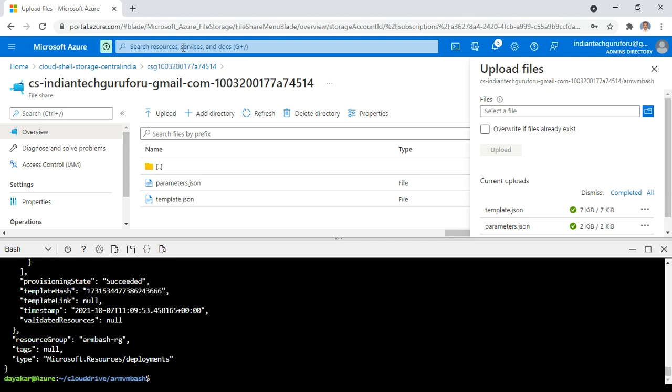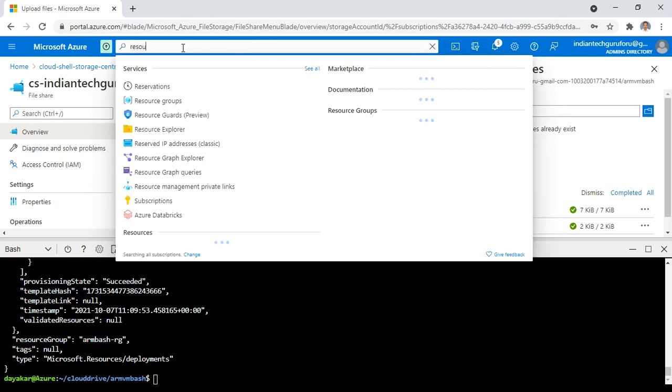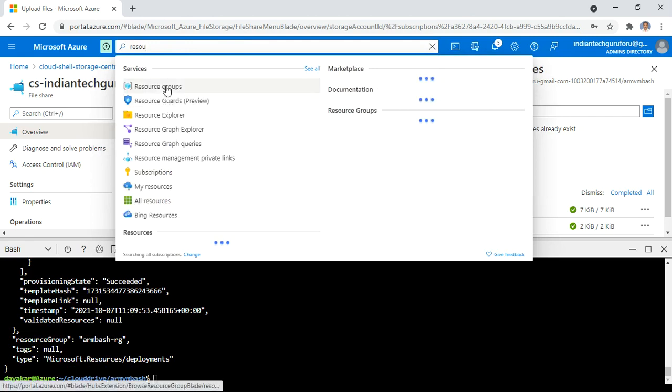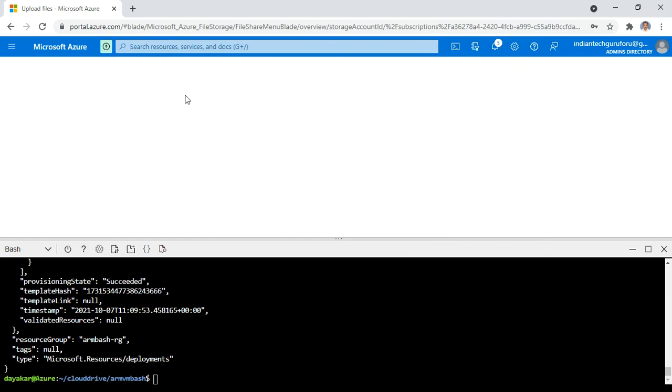Now we need to verify whether it is deployed or not. Go to the resource groups, click on resource groups. In which resource group is it available? Let us check. What is the resource group we have created? ARM-RG.